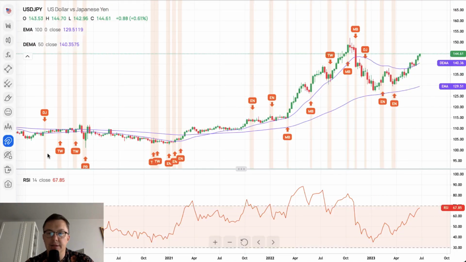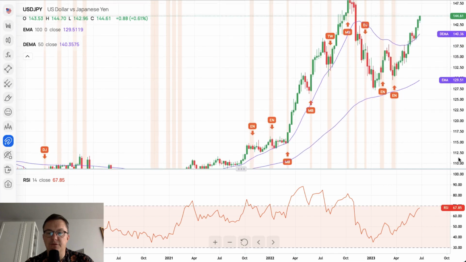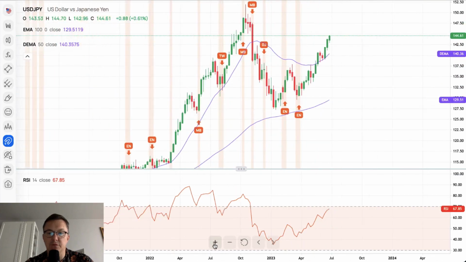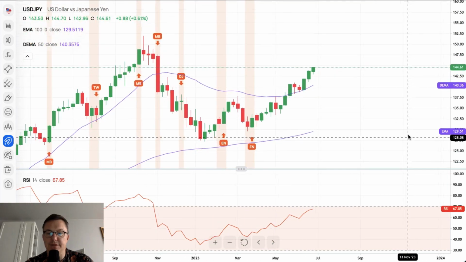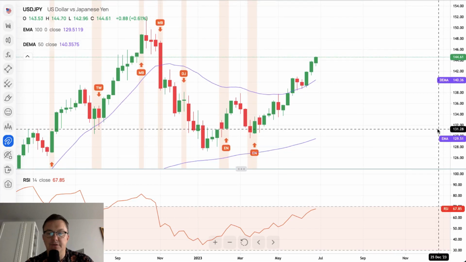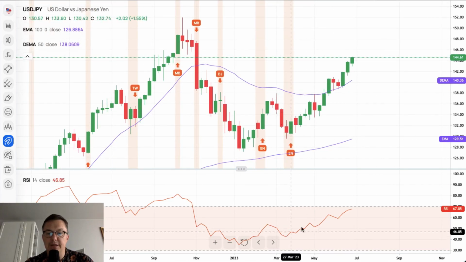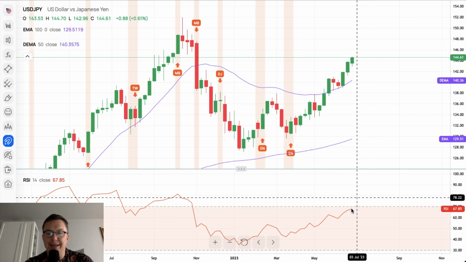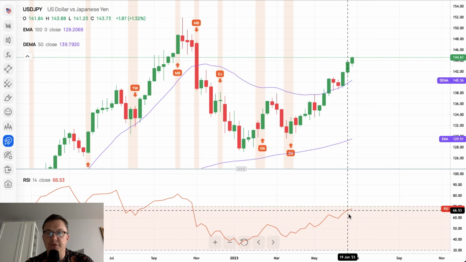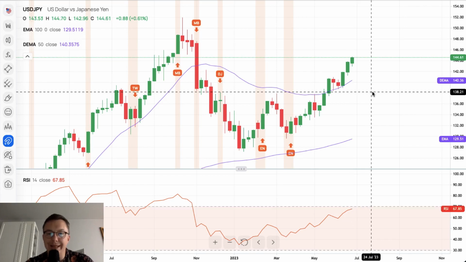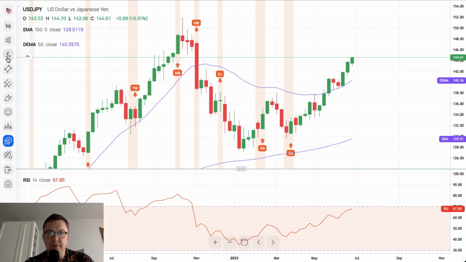On the weekly time frame chart, as you can see, there is a very, very strong rebound, very, very strong movement to the upside. If we zoom in to see the situation from a different perspective, you can clearly see we are approaching again extremely overbought market conditions on the 4-hour chart, on daily, and we are even approaching on weekly. So that's the weekly chart.